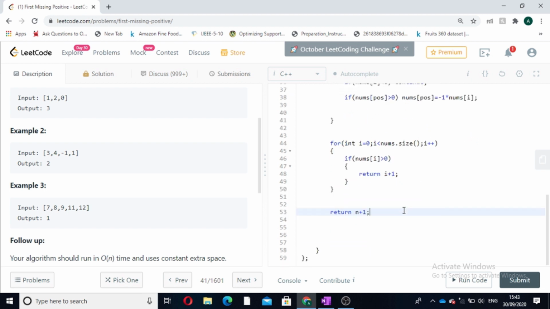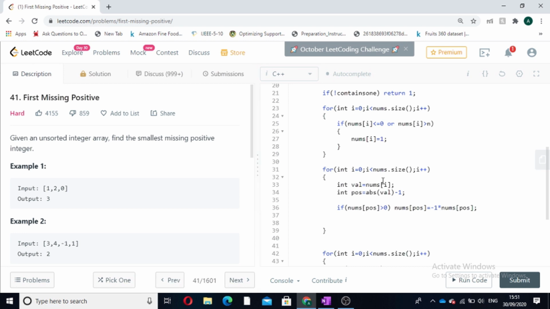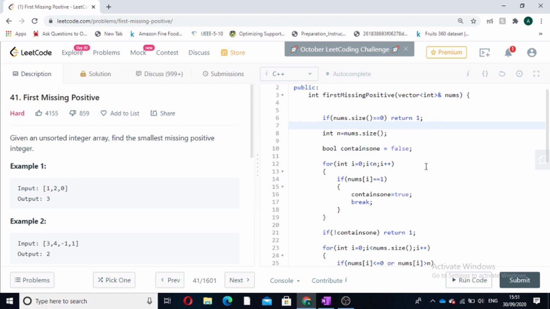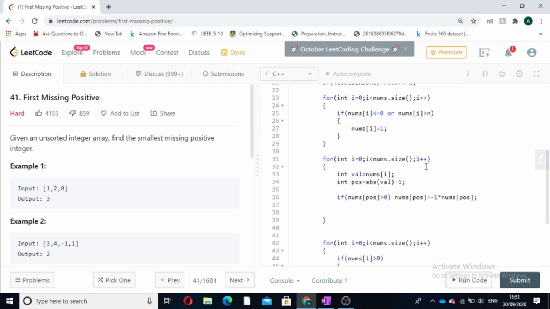Now let's run it. There was a slight error in the code. The first error was that if nums.size() is double equal to 0, we will not return 0. The first missing positive integer will be 1 in that case also. If no integer is present in the array, the first missing positive integer will still be 1. So this was a slight mistake in the code. And another mistake is that